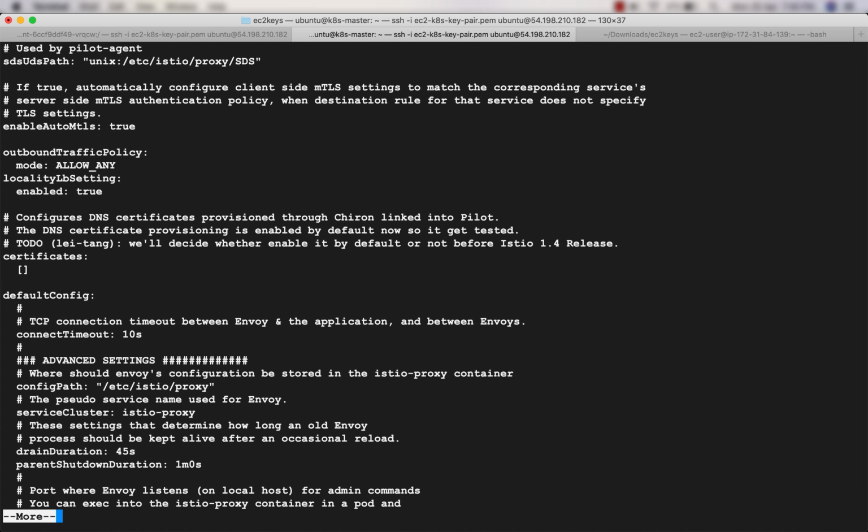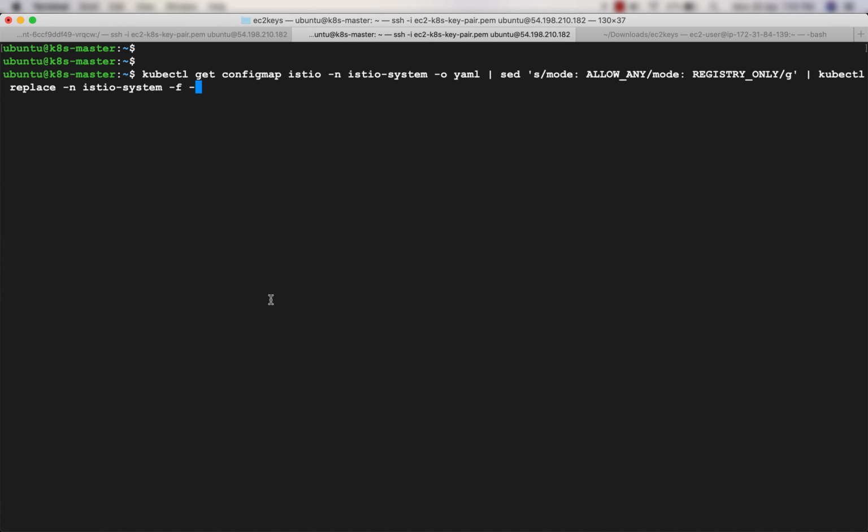So what we'll do now, we'll change it to deny everything unless you allow using service entry. And that's how it should be done in production instances also. By default, you should always deny everything. And this is the command. You are getting the config map. We are doing some changes using sed command and then applying the file. I've got this command from Istio documentation and it is there in the reference in the resources section also. Just apply and the config map has changed.